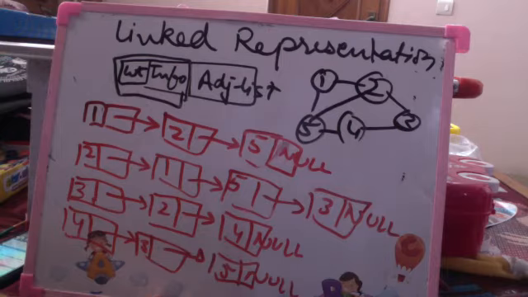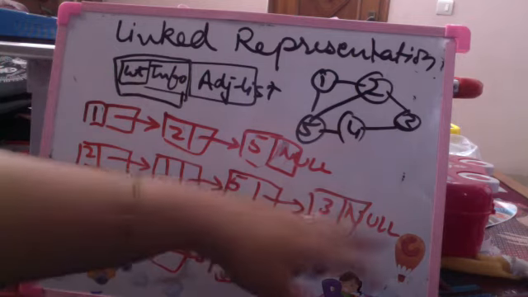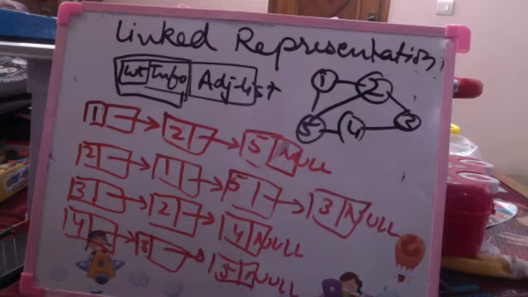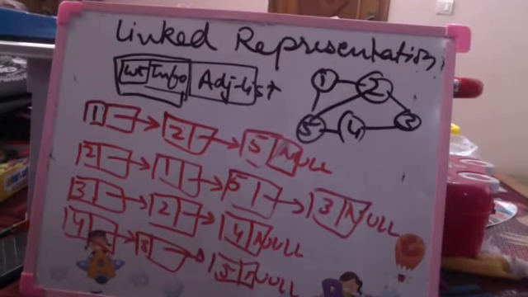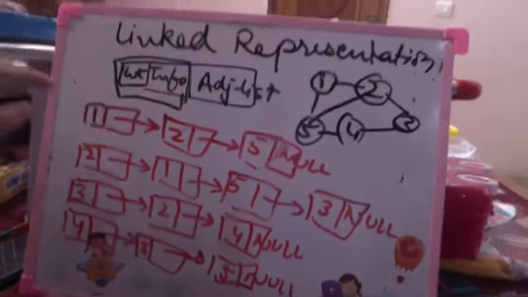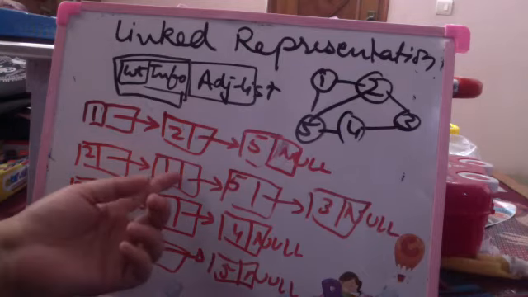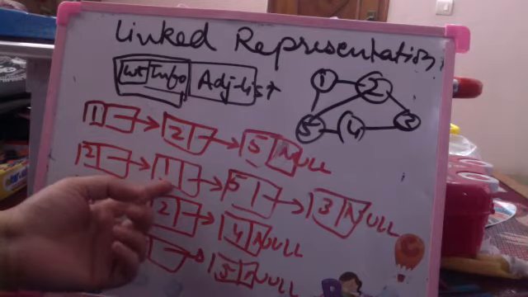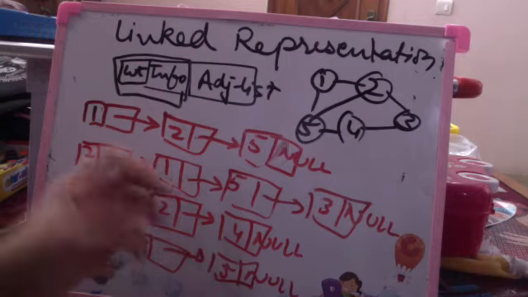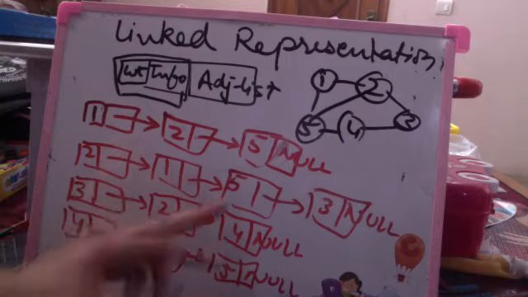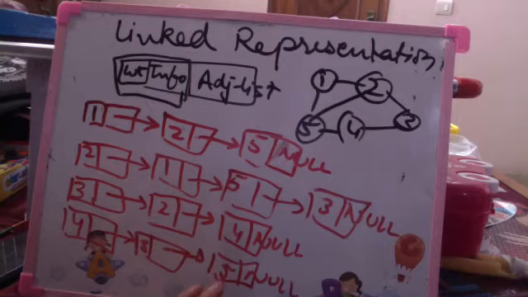Now if you want to add a new node, you add a new list. If that node is a friend of any of these, you add it correspondingly here. The number of nodes is the number of adjacency lists, linked lists, that you are creating. Even if this is a weighted graph, weight can be added with the information. Since it is only a link to 1, actually this one will not be created, you know that, right? Only as many nodes as there are are created, everything else is just links. Are you understanding that?